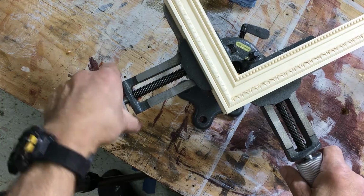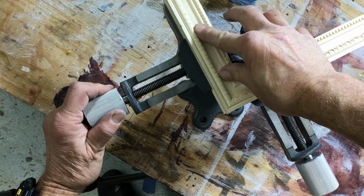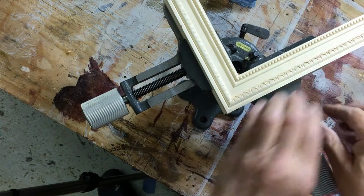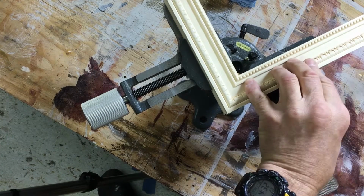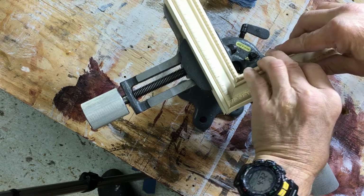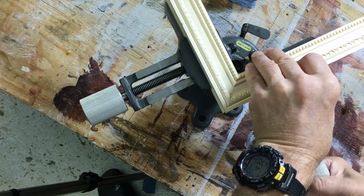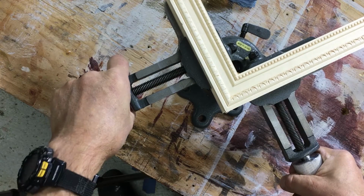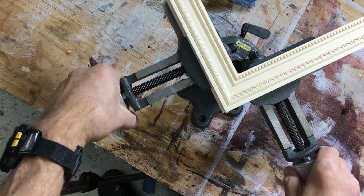Okay, tight. And I make sure that both sides are firmly flat. Okay, this side the same thing. Loosen it up. Make sure it's firmly flat here and here. And I screw it down. Check that, okay? So they're both good. And now what I do,